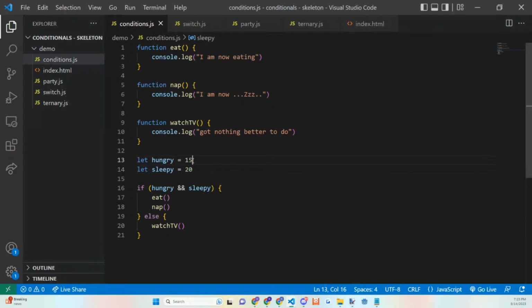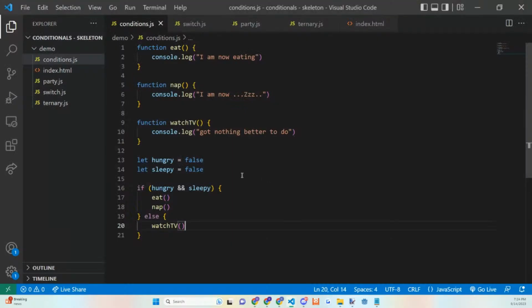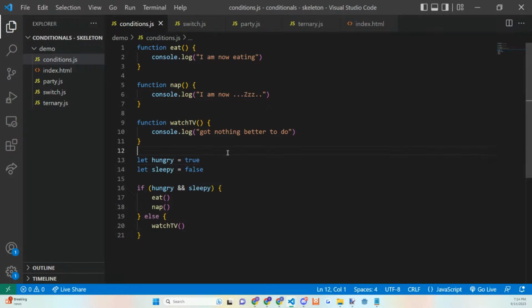So what happens if we make them false, right? If both of them are false, then naturally we would expect that we're both not hungry and sleepy. Of course, we're going to watch TV. Got nothing better to do, right? Let's refresh the page, and we indeed have nothing better to do. Okay, then what happens if one of these values is true? What do we think?